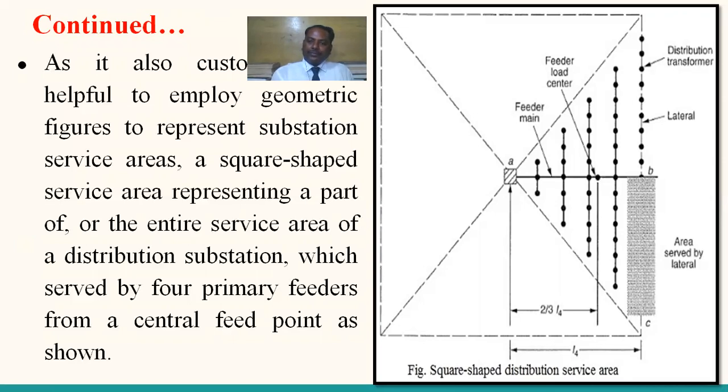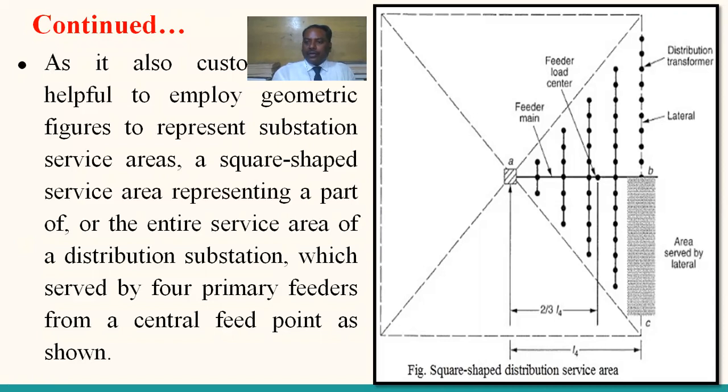So let us see. In this feeder, the feeder commenced at the load point A, and this is the point B, and this is the point C. So it covers A, B, C. So this is the one portion, and the other one is this portion. Yes. So the total length of the distributor, or the total length of the feeder, is L4. Why? Because here suffix 4 represents the square shaped area.